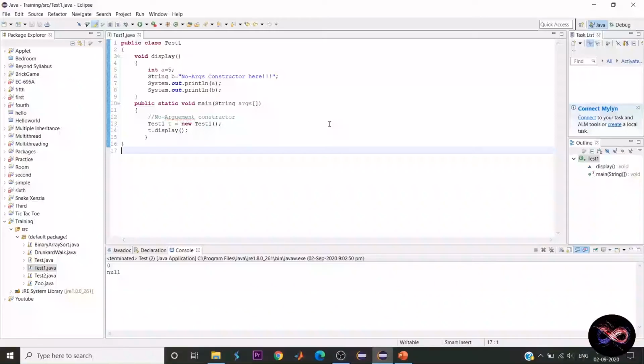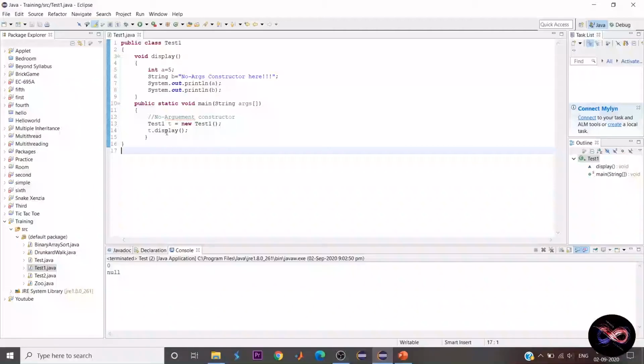Now how we can declare a no argument constructor? So after declaring the main method, just follow the same steps as we did in the default constructor. Type the class name and then give an object name is equal to new, and again class name and then parenthesis. And after that what you need to do is just type the object name dot and then the method name that you want to access. Like here the method that I have defined is display, so we are accessing display method for the object t. So t dot display.